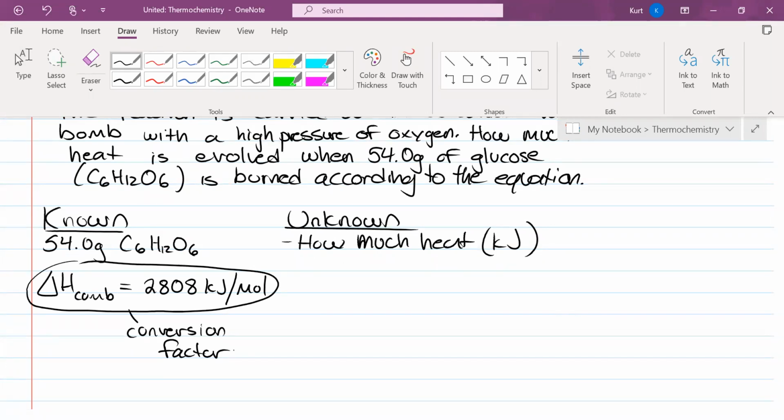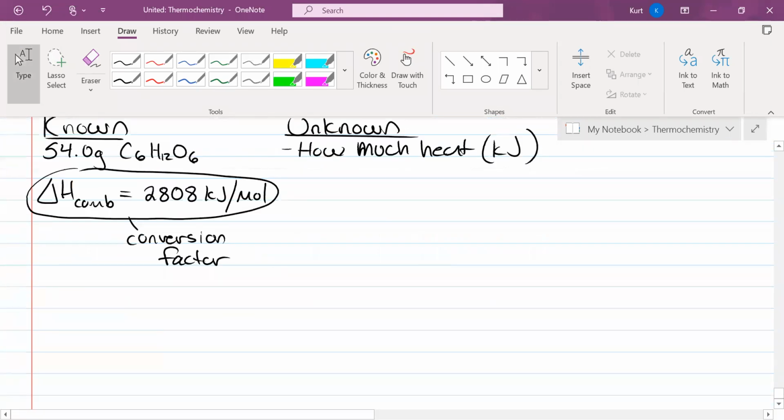I want you to look at the sugar we have. Is that measured in moles? It's not measured in moles. It's measured in grams. Have you ever used a conversion in this classroom? You could go from grams to moles. It's called molar mass. Can you calculate the molar mass of glucose so that we can convert the glucose into kilojoules? So the first thing I need you to find, step one,